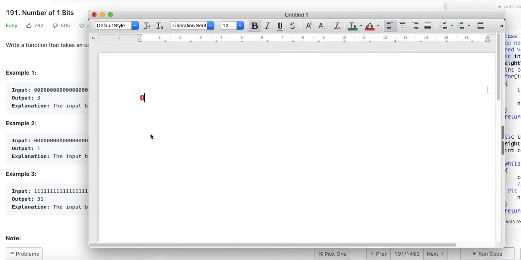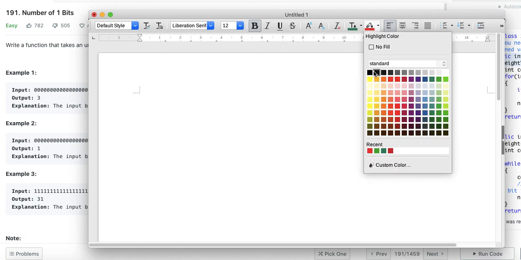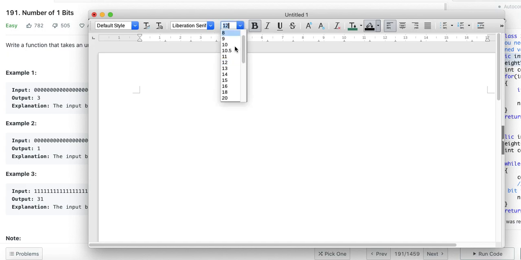So for simplicity, let's take a 4-bit number, and I want to know how many ones are there. What I can do is get the bit at the units place.